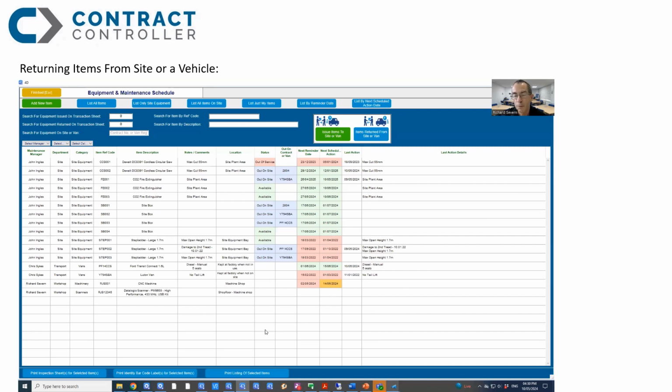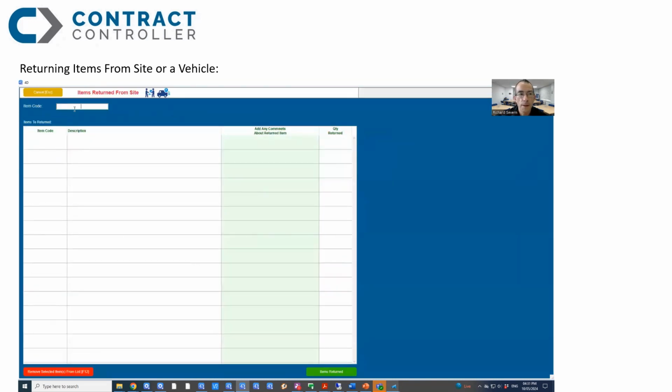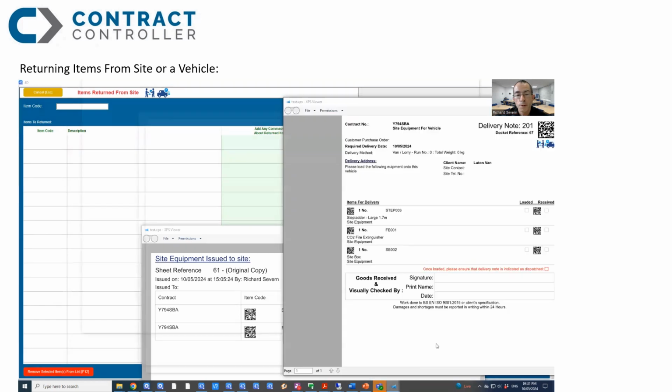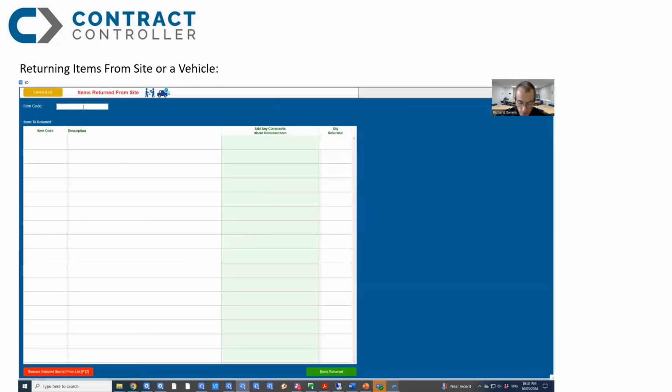Returning items back from site or from a van is very straightforward. Click items returned from site or van and then enter the item code. Now, we can either use the codes from the sheets that the items originally sent out on, and we can scan these codes, or we can physically type them in. So if we type in step 03 and B01 and